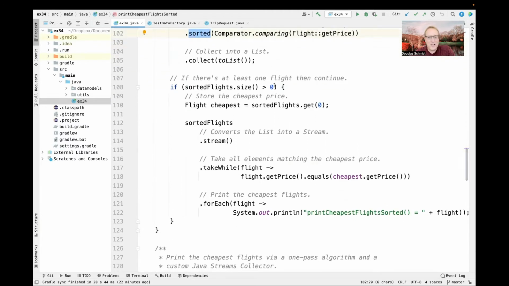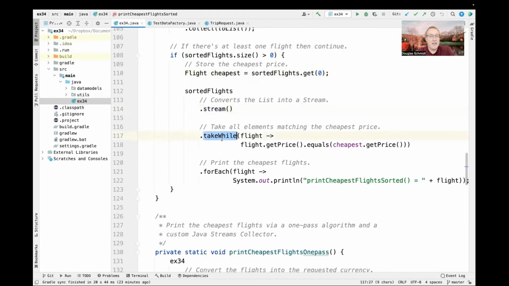Now, the list is sorted, so it's very clear what the lowest prices will be. They'll be the items starting at the beginning of the list. And so what we do here is we store the cheapest price, assuming that there's a list that has more than 0 elements. So we get the cheapest price, which is the one at the front of the list. And then we're going to use a very interesting intermediate operation called takeWhile. And what takeWhile does is it says,